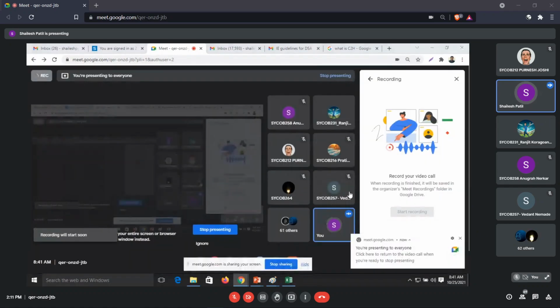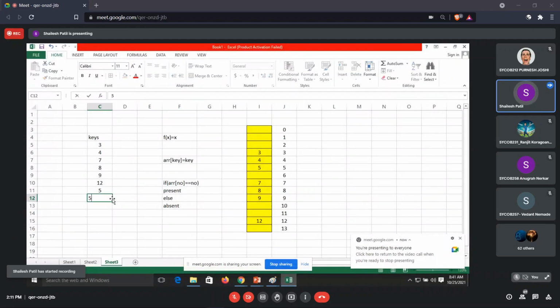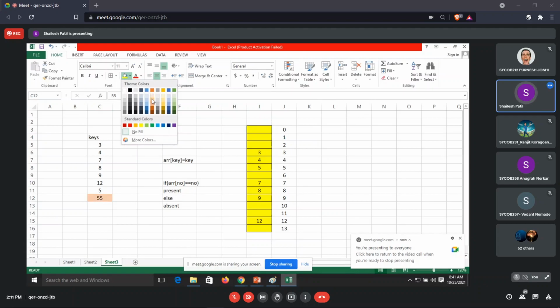Okay, so that is one thing, the efficient way we can achieve it. Now, suppose I have to store element 55 over here. What do I have to do for storing element 55 in this array? With this method, what is needed? If I have to store 55 with this approach, what do we need to do in modifying this code?